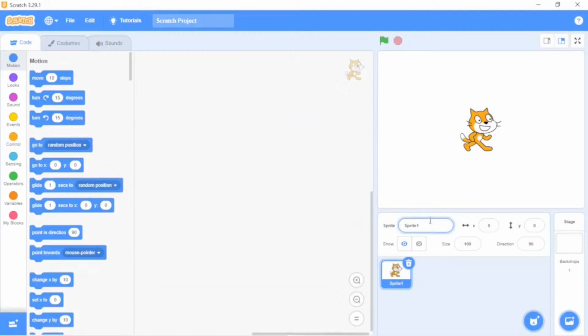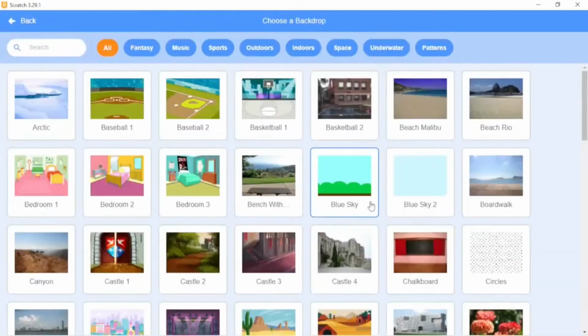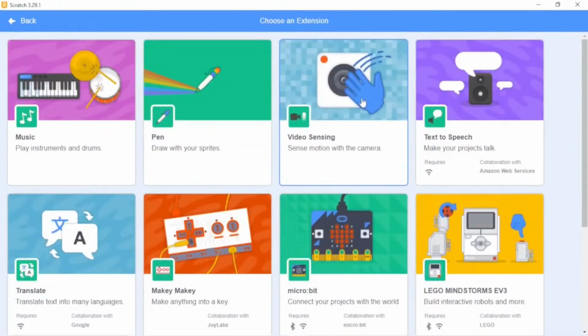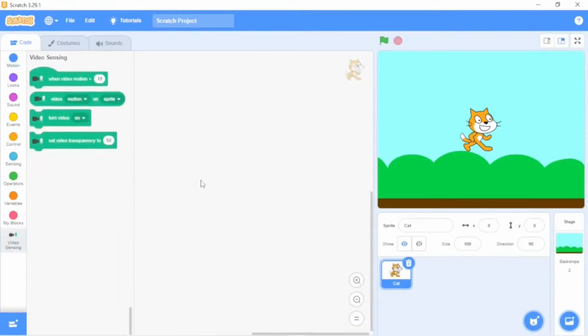First, we will change the name of this cat sprite. That is going to be cat. Now, we will take a backdrop. You can take any of the backdrops, but I will take blue sky. After this, I will add an extension. Go to add an extension, and then you will see over here an extension, video sensing, that senses our motion and will be visible on the screen. So click on it,